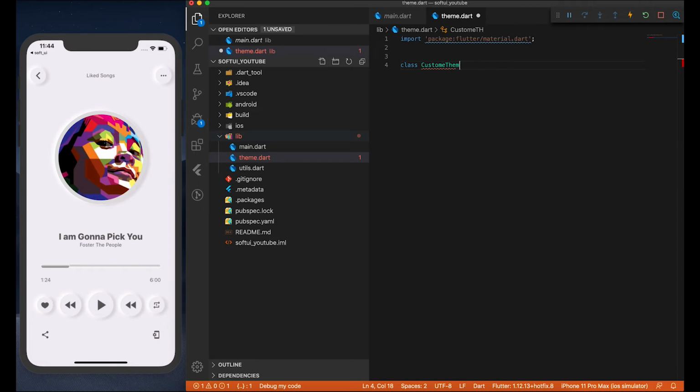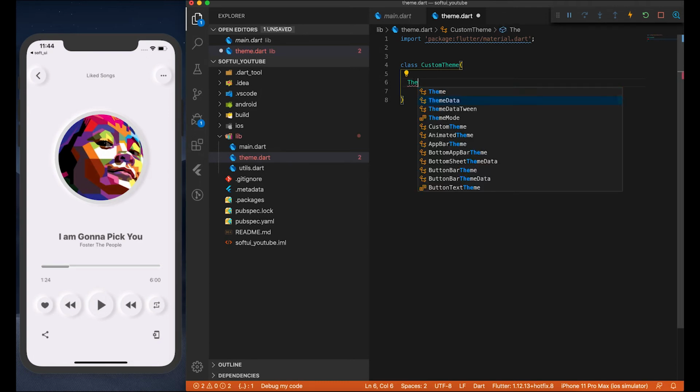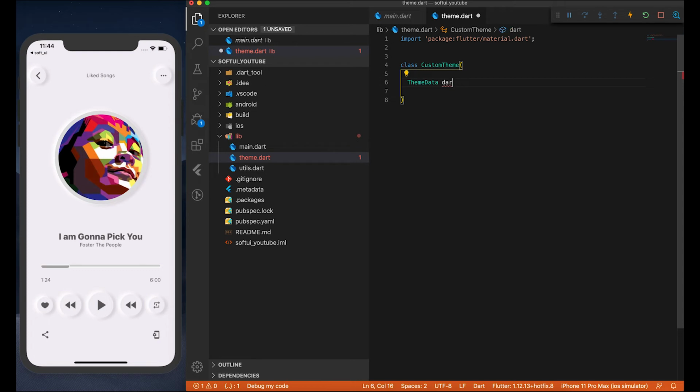theme. Right now, there's a typo in custom. Okay, so this class is going to have two different methods. The first one is a dark theme and the second a light theme. Of course, each method is going to return a theme data, so the return type of that method is going to be ThemeData, and let's go ahead and create a dark theme first. So I'm going to have a dark theme over here, which is going to return